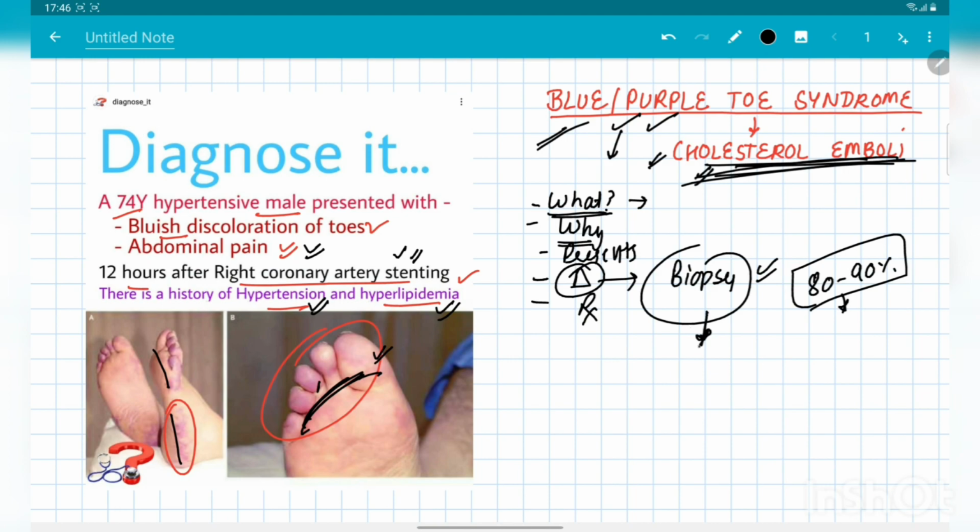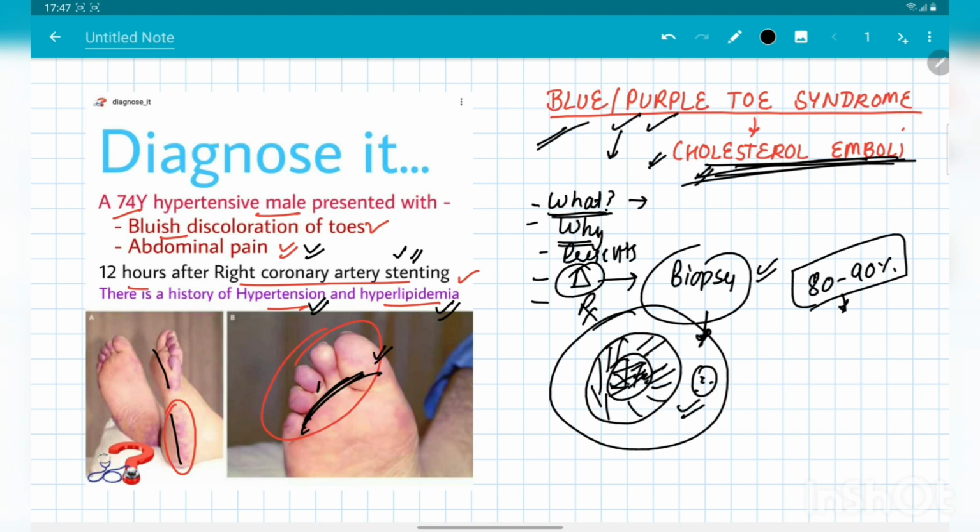And in the biopsy, the main thing that we can see is, suppose this is an artery, these are small arteries, and in a cleft kind of format, the cholesterol emboli occlude the artery. And also there is hyperplasia of the intimal wall around the artery, and also the presence of some kind of giant cells. Giant cells are multinucleated cells around this area, and there are other features of inflammation like infiltration of neutrophils and even macrophages over that area. These are basic biopsy features, and the main thing is the cholesterol crystal occluding these small arteries.